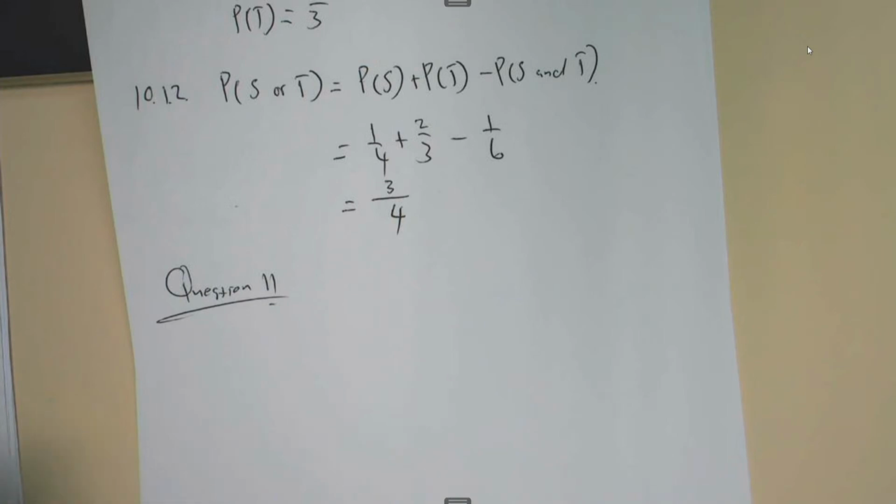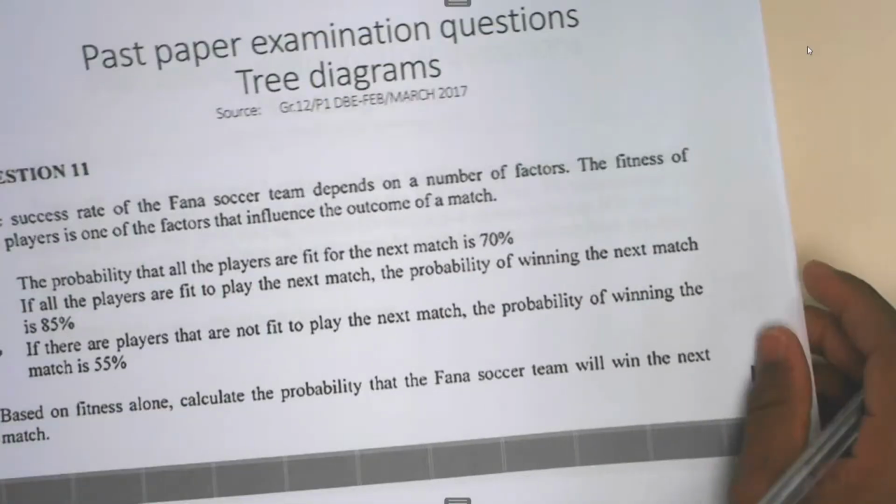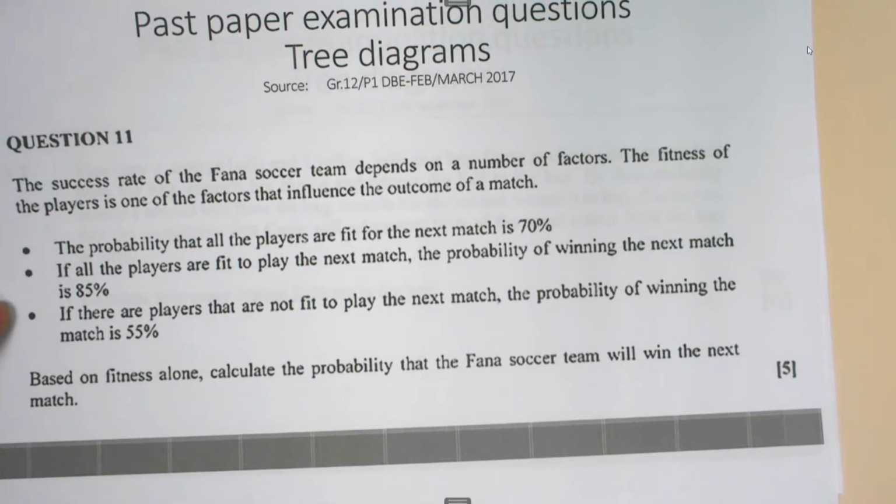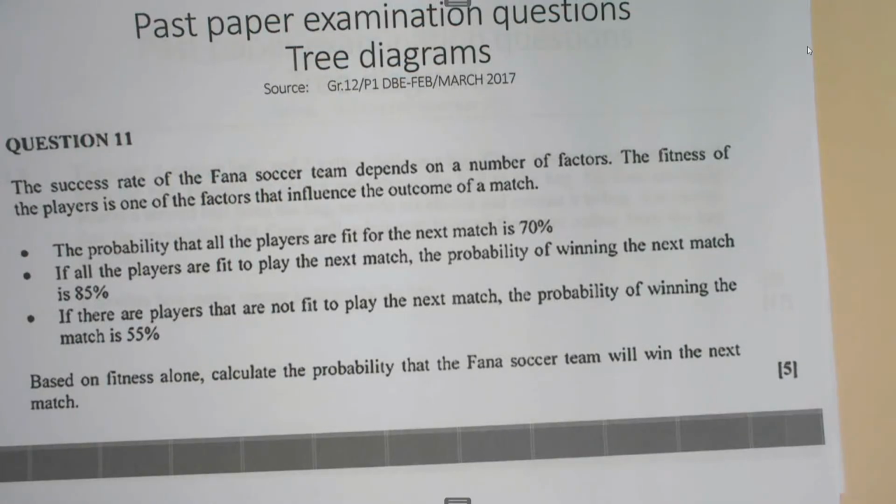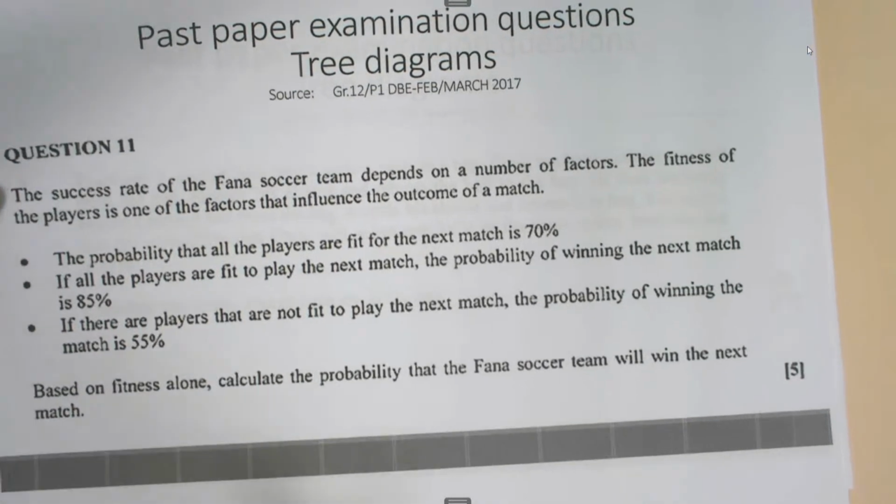Well, remember, there are two events here. There's fitness and there's the likelihood of winning a match. So what depends on the other? As I said a few moments ago, winning a match depends on the fitness of the players. So it means when we start our tree diagram,